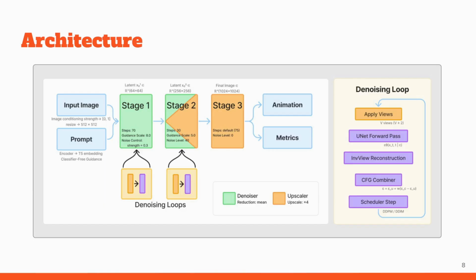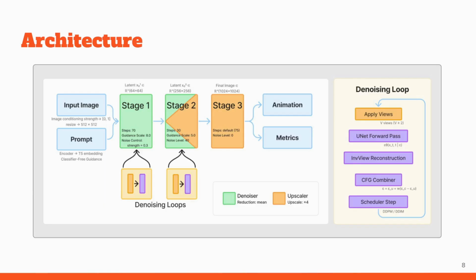Stage 2 takes the 64x64 output of stage 1 to produce an upscaled 256x256 resolution image using the DeepFloyd super resolution model. Multi-view consistency is maintained during this refinement process, allowing edges, texture, and fine details to become sharper while preserving the